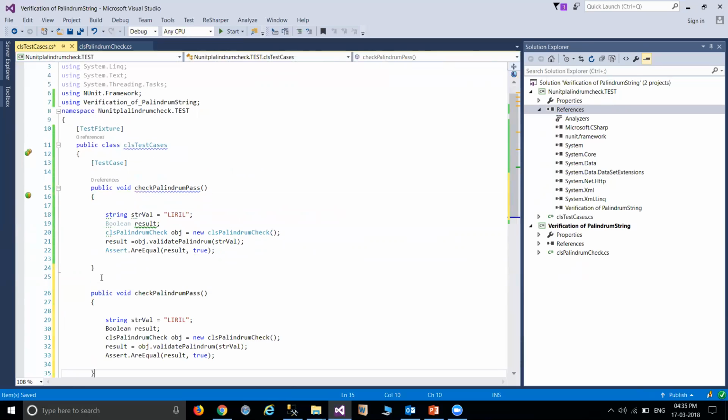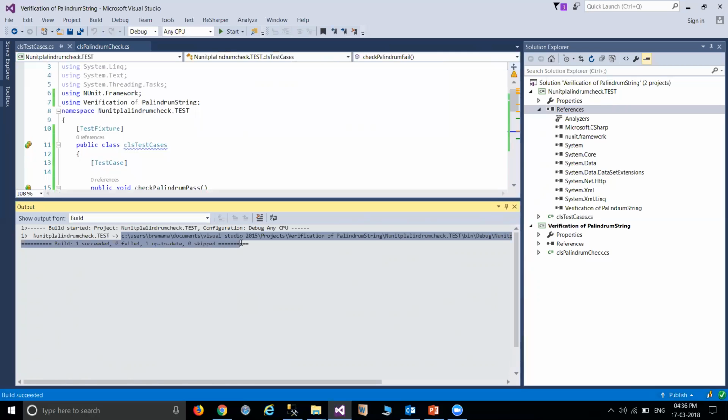If I pass any string which is not a palindrome, like the word palindrome itself, this definitely is not a palindrome string, because if I reverse the string, it gives MURDNILAP, which never gives the same meaning as the string. So definitely this gets failed. Once you write the classes, just build the project